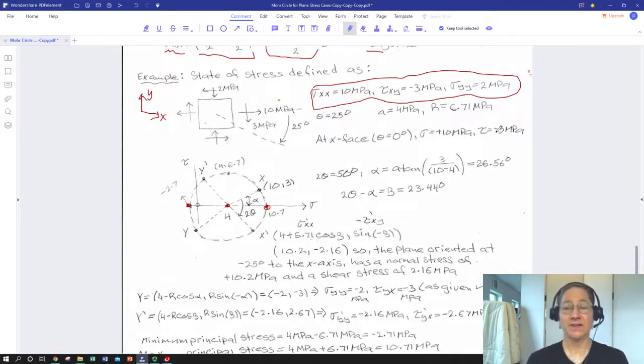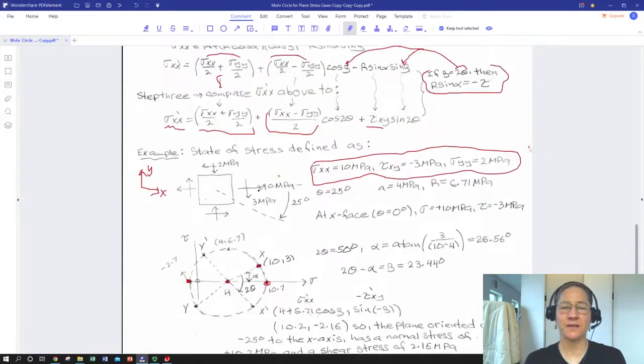And the shear stress on the x face is what we applied to the x face, it's negative 3. So we've got a point on the Mohr circle right here. This is the x direction. It's the angle that corresponds to a normal stress of 10 and a shear stress of negative 3, except